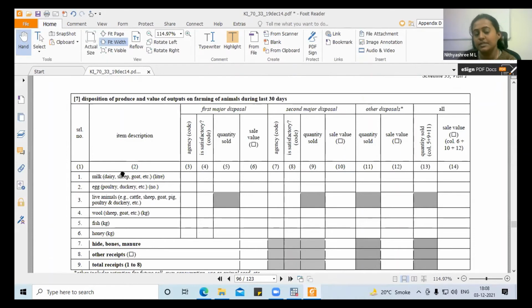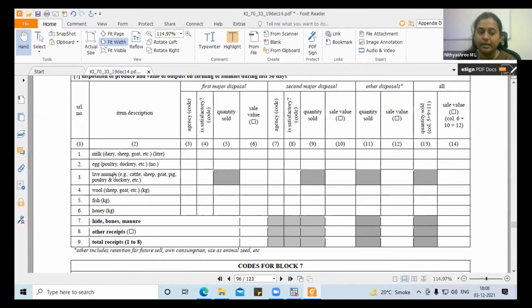Here the item descriptions are given, which agency they are selling to, and how much value they are selling, all sorts of information is given in this block. This block will be more useful for you, like milk, egg. In this way, go through the schedule carefully and choose which block you are interested in or which has more information for your research purpose.